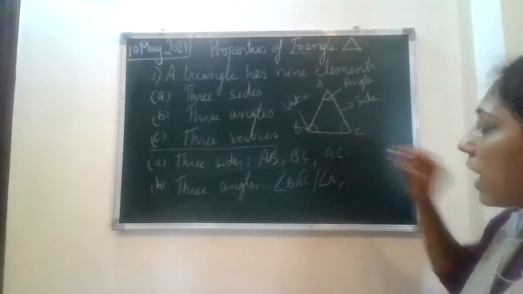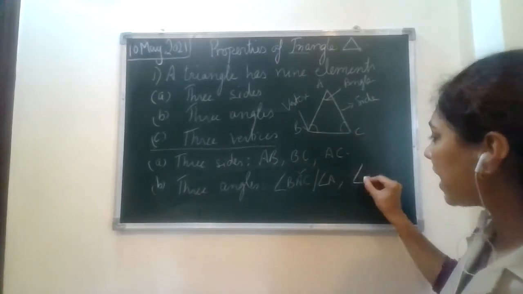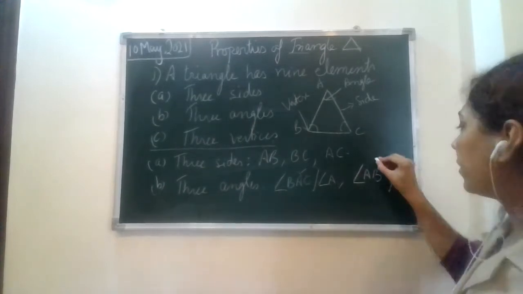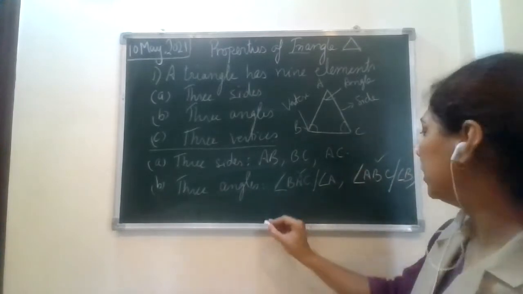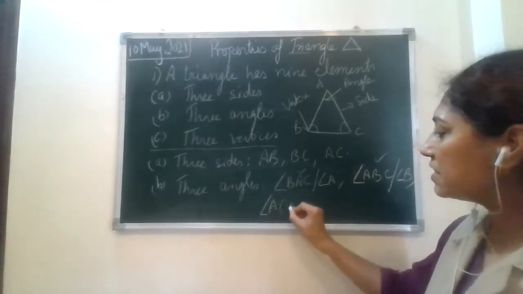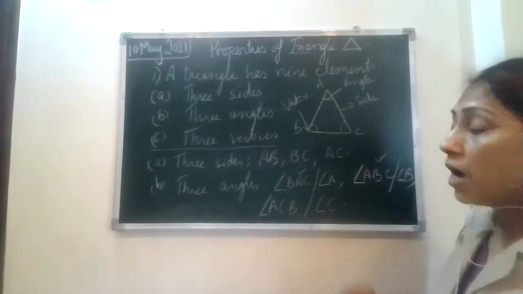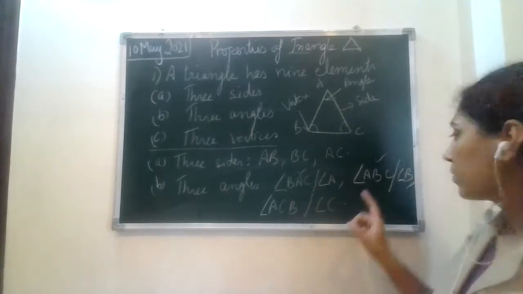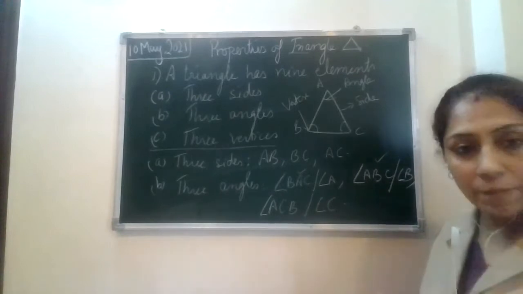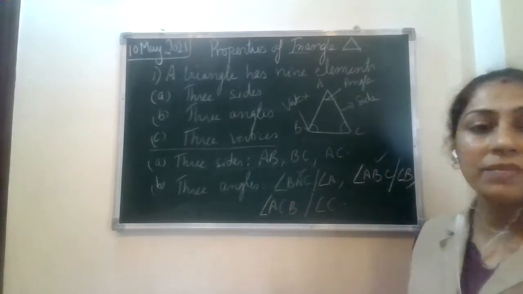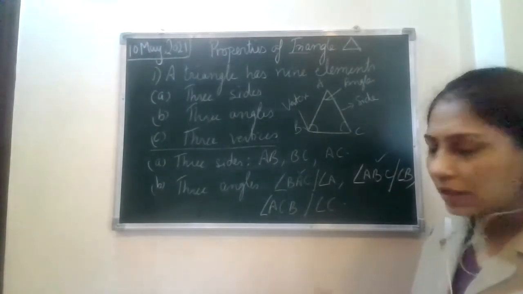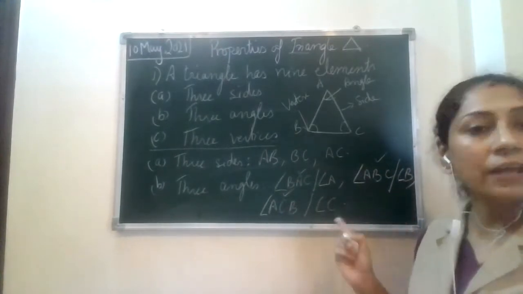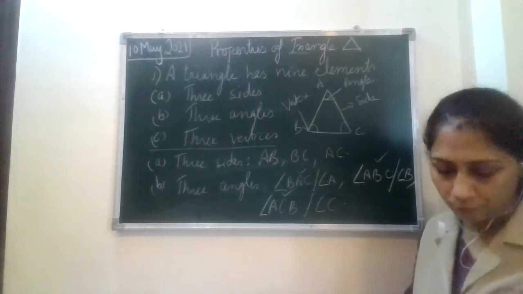Okay, now I'm referring to angle B. So angle B we can write as ABC or angle B like this. Okay, I'm referring to angle B. Now I'm referring to angle C. So I can write it as ACB or angle C. Now over here, just watch carefully. BAC and CAB are the same. Okay. ABC and CBA are the same. ACB and BCA are the same because you bounded the angle, right? So these can be interchangeable, but the angle you are referring to should come in between. And when you are giving the single angle, then there is no issue. Then simply you can go, right?